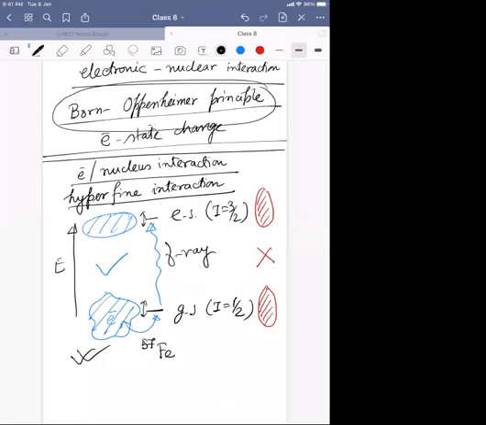Okay, so now the problem over there is that the hyperfine interaction we are talking about is a very weak interaction. So what will be the effect of that? The energy gap that will be created due to this interaction will be very small. So it will be very tough to get that particular resolution to even catch or monitor that much of a difference.